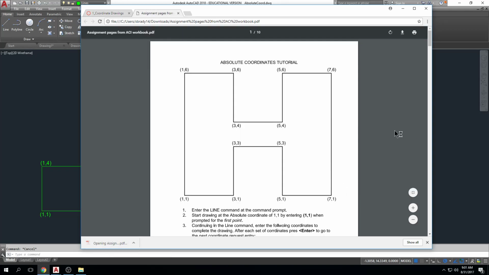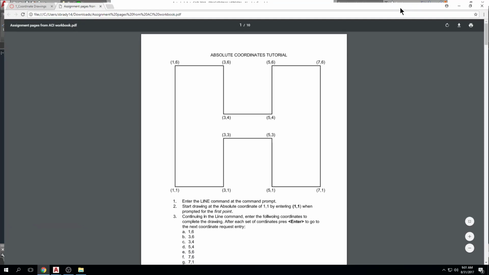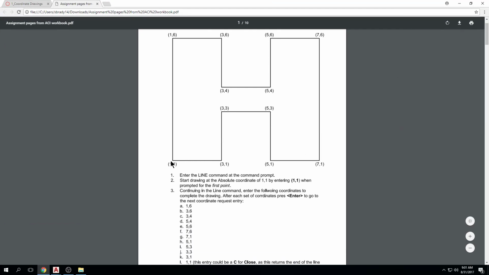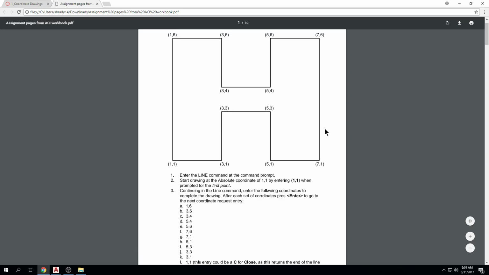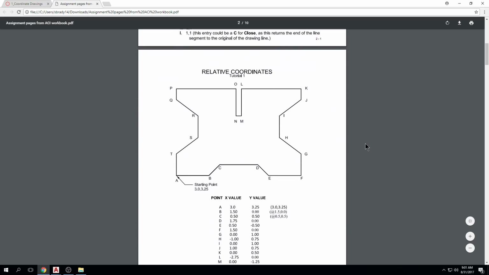you can look at the screen to do your homework, but essentially this is what you're going to be doing for your homework. Okay, so you're going to start at 1, 1, you're going to go over to 3, 1, right, and you're just going to work your way around all of these lines to create these shapes. You can look at this yourself and say, oh, from the origin that's over and up this many, or here he has developed every ordered pair, 1, 6, 3, 6, 4, 3, 4, 5, 4, right? And it makes it pretty easy just to enter these. Okay,